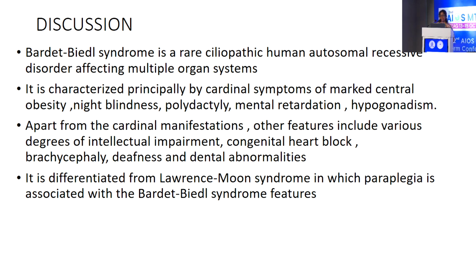Bardet-Biedl syndrome is a rare ciliopathic human autosomal recessive genetic disorder affecting multiple organ systems. It is characterized principally by the cardinal symptoms of marked central obesity, night blindness, polydactyly, mental retardation, hypogonadism. Apart from the cardinal manifestations, other features include various degrees of intellectual impairment, congenital heart block, brachycephaly, deafness, and dental